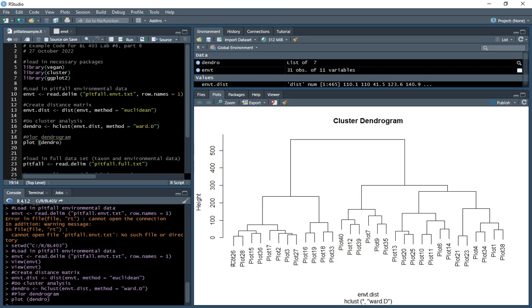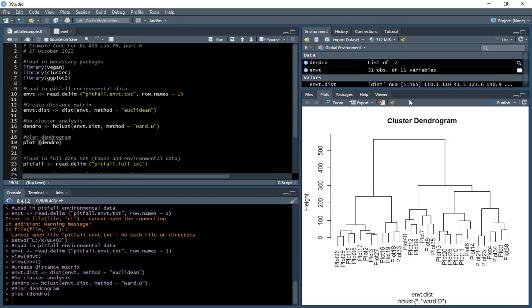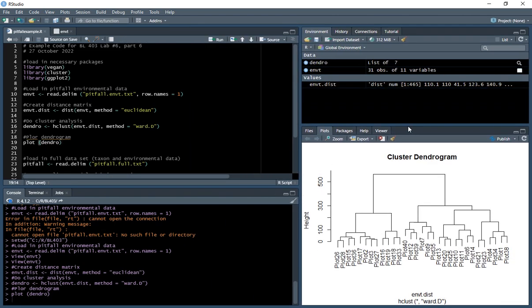So plots 26 and 28 are very similar, and they're next most similar to 15 and 36, but they're very different from plot 1 and plot 38, which are over on the other side of the graph, right? So it shows us which ones are similar, but we don't know exactly how they're similar until we do some more investigating. Also, that row names equals 1 puts those plot names down at the bottom of your graph instead of just numbers. Okay, so that's the first thing you need to do